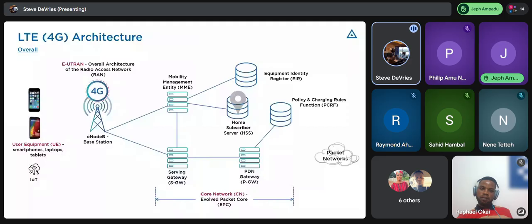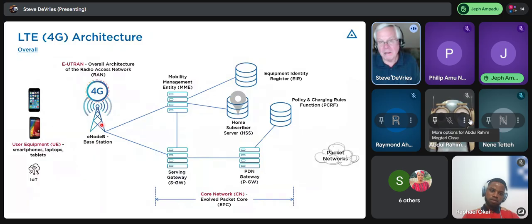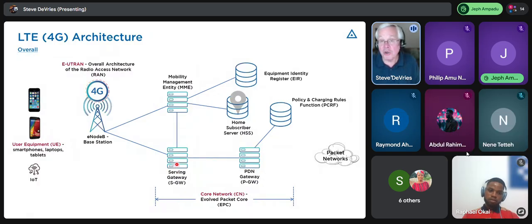I have a separate slide on that, not in this slide deck, but the question is, as you move around, how do you, let's say you're attached to a network here, how does that happen? Well, first of all, you'll maintain that same PDN gateway. This will stay attached here. You could get different serving gateways. You move around to a different cell, and there are different degrees of handoff. First of all, you'd be handed off from one cell to another cell, maintaining the same serving gateway. The next type of handoff is one cell to another cell, but then you change serving gateways.